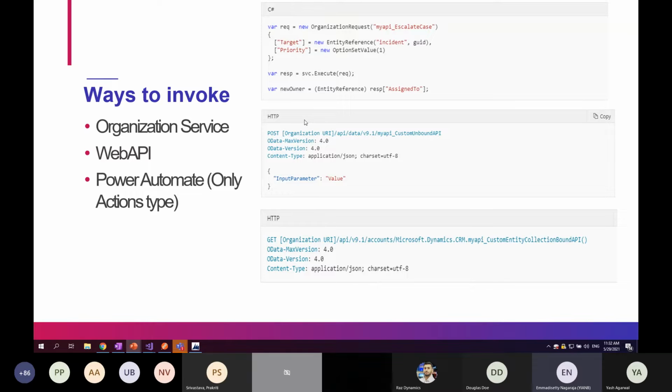And another way to do it, as I said, is using web API. When you create a custom API, it creates either a web API function or action, so that it can be consumed from external systems. So if you see here, this is using the post method. It's a custom action, a custom API, which is part of web API actions. And you see here, using get. So this is how you call